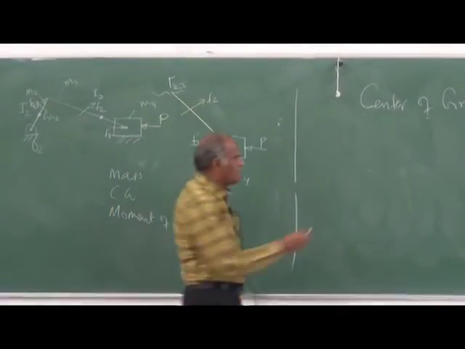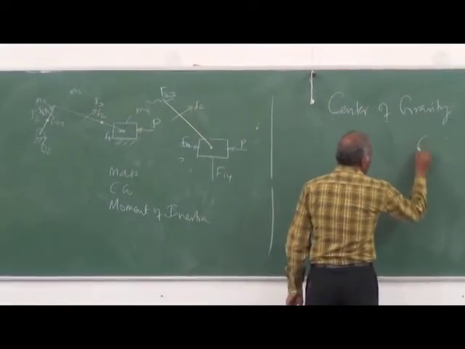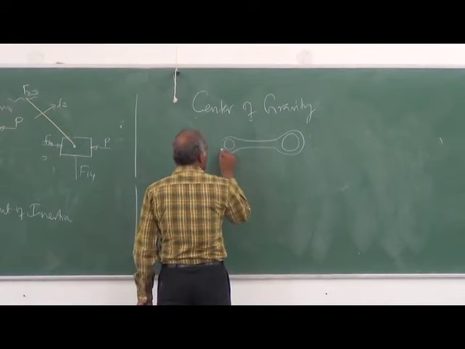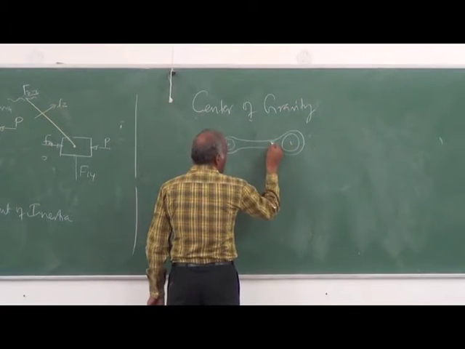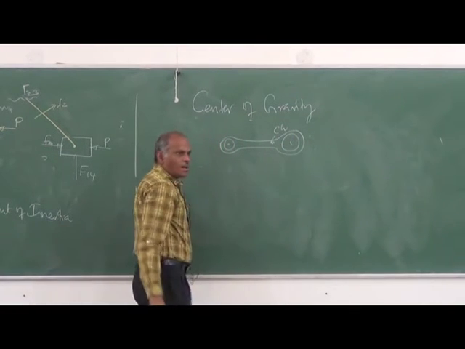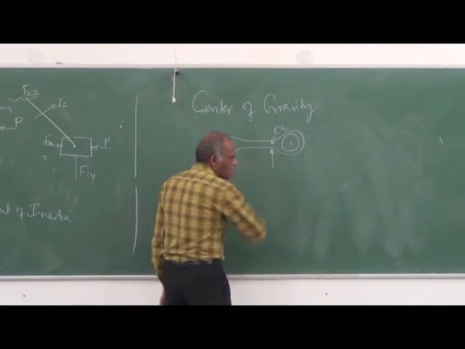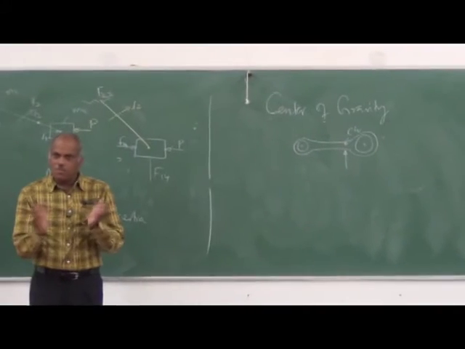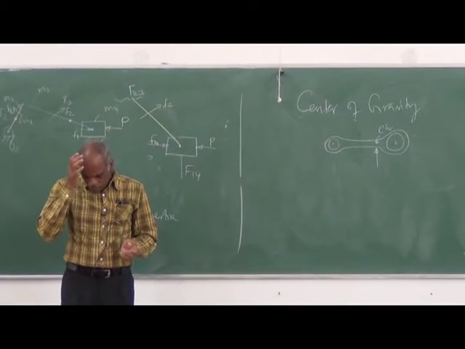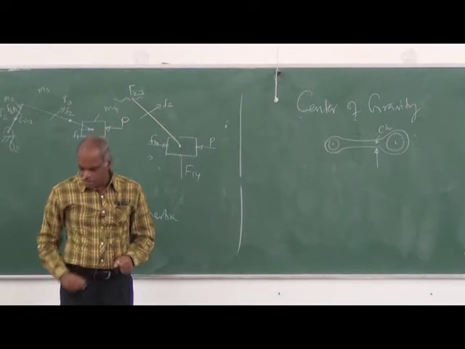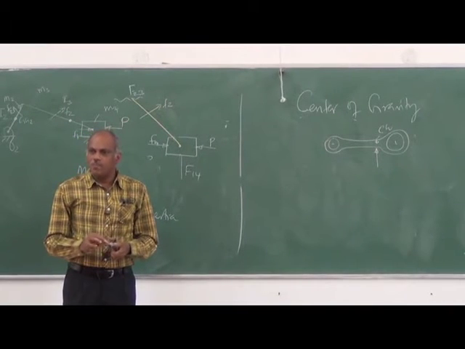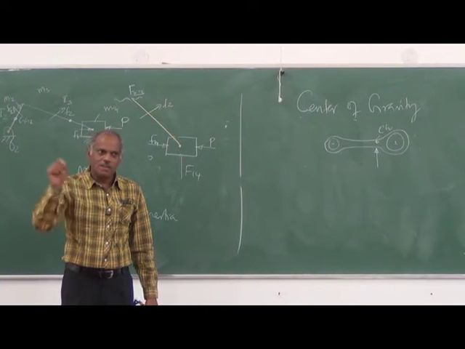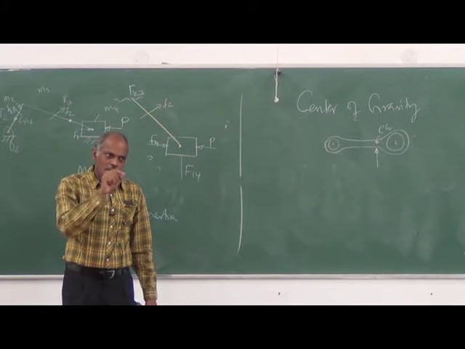So if we take an object like this, that is your connecting rod, the CG may be here. If I apply a force exactly through the CG, it will balance. That is the principle of finding the center of gravity. To minimize errors, I cannot apply the force over an area. I have to make it so that it is applied over a line.